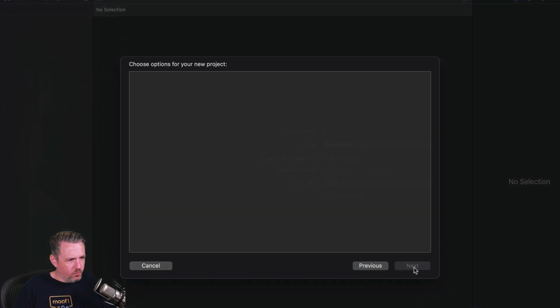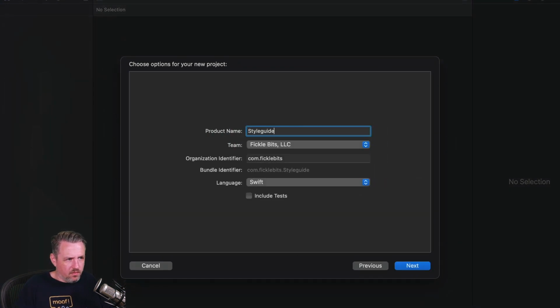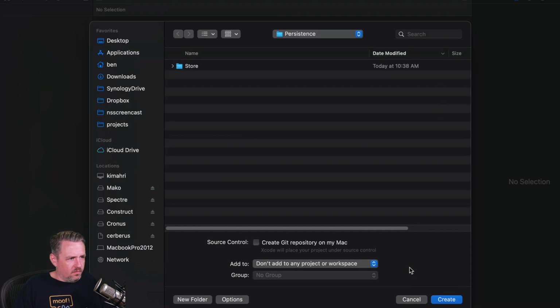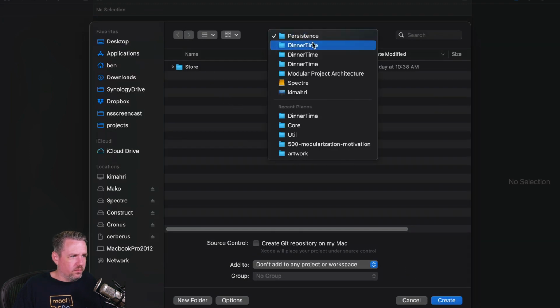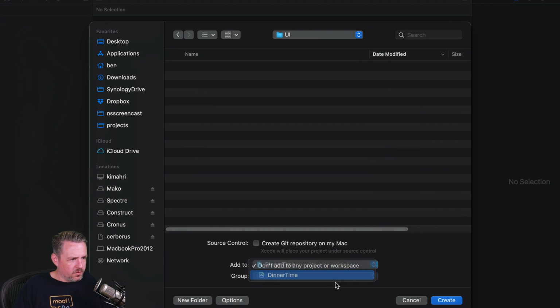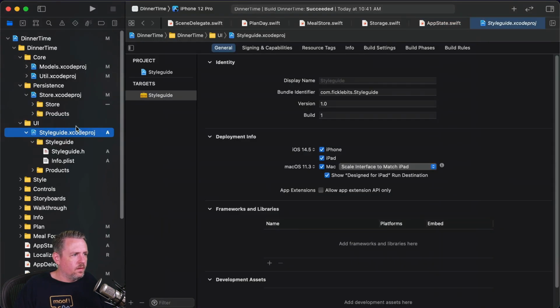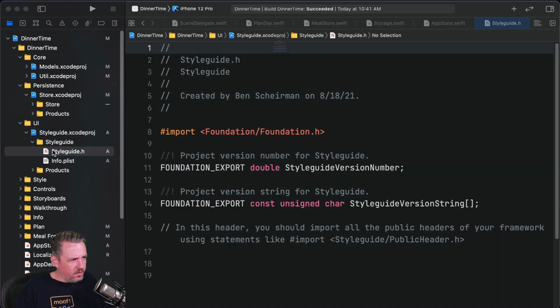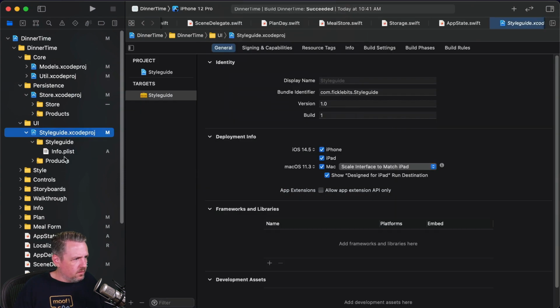I'm going to pick framework again. We're going to call this style guide. And style guide is going to go up one level and into the UI group. We will make sure and add it, hit create. Okay, so for style guide, let's delete the header that we don't need, and we can start moving things into